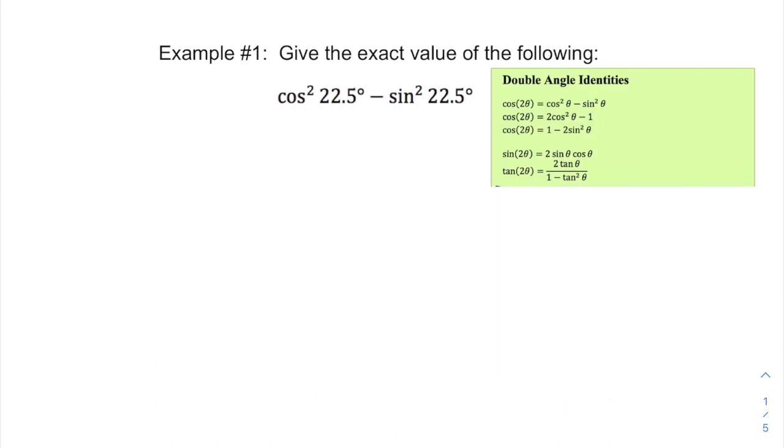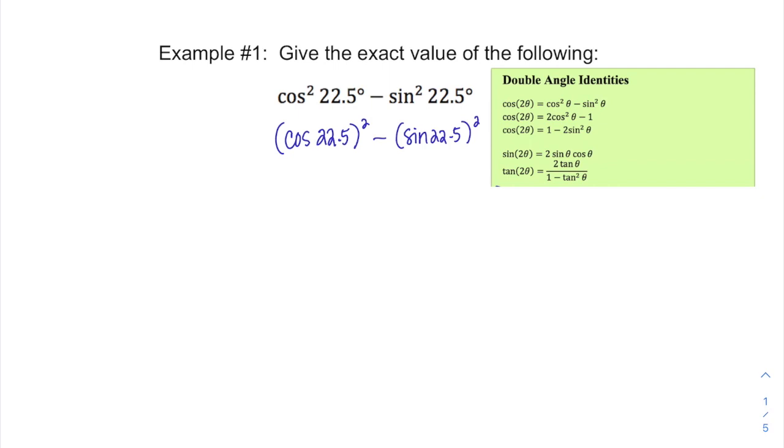Our first example is asking us to get an exact value for the cosine squared of 22.5 minus the sine squared of 22.5. Once again, this means the same thing as cosine 22.5 squared minus sine 22.5 squared. Sometimes it's just nice to be reminded of what that notation is talking about. So I don't know anything about 22.5. So it's not asking me to give exact values from here. It's asking me to use one of my formulas to condense this into something that I do know the exact